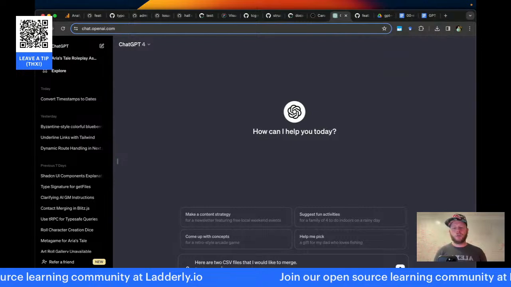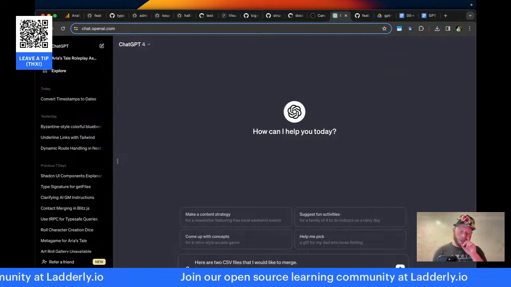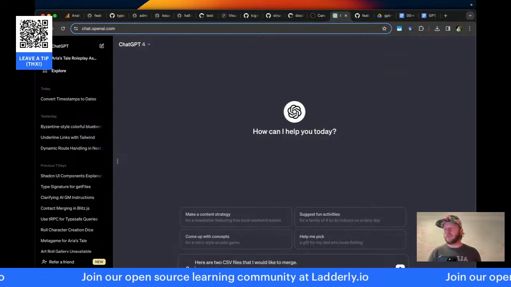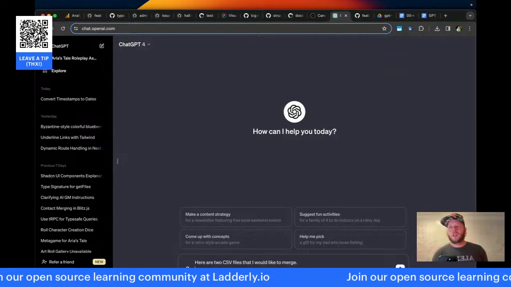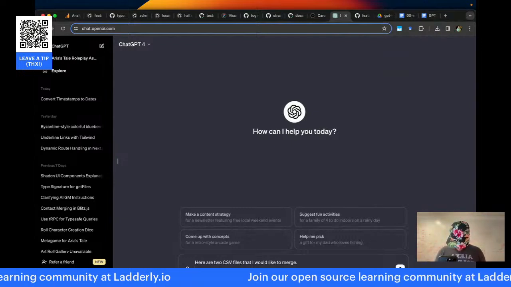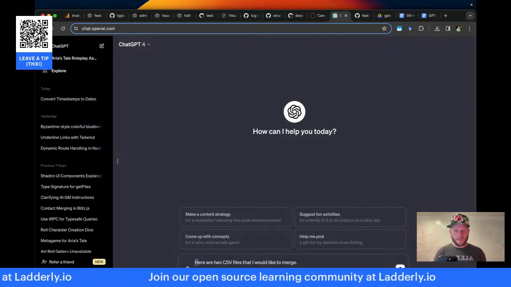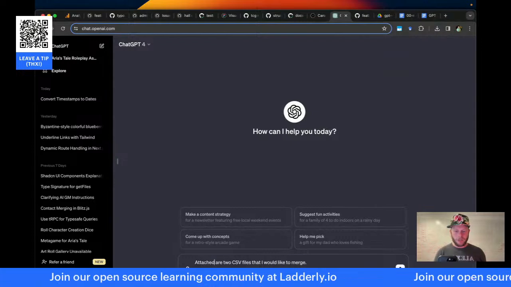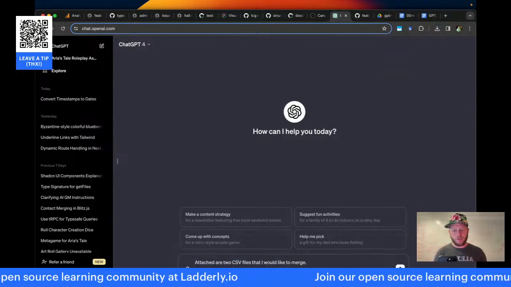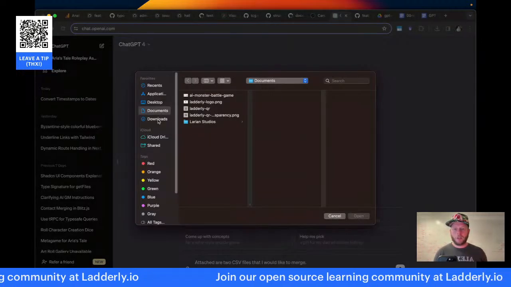Let's just do this sort of naively and see if it works. And if it breaks, we'll do a new one. Okay. Attached are two CSV files that I would like to merge.